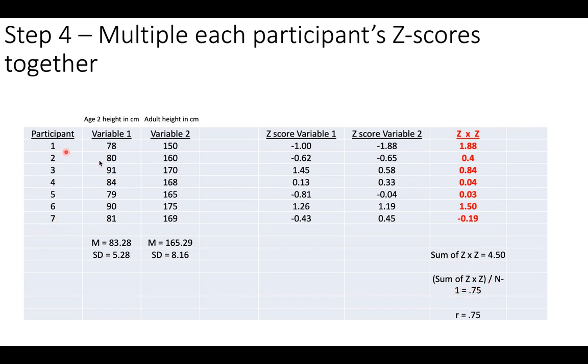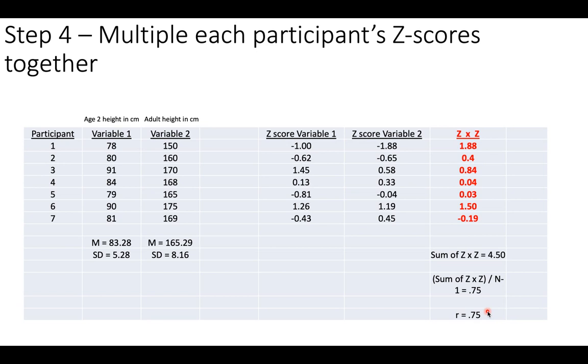So we have 7 participants. So that would be 4.5 divided by 6. And 4.5 divided by 6 gives us a correlation coefficient of 0.75. So all we did is add up our z products to 4.50. We took the sum of our z products and we divided by n minus 1, where n equals the number of participants. So 4.5 divided by 6 gives me a very strong positive correlation coefficient of 0.75,